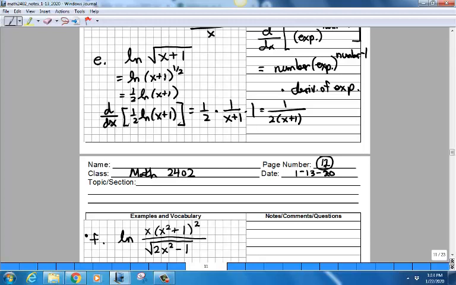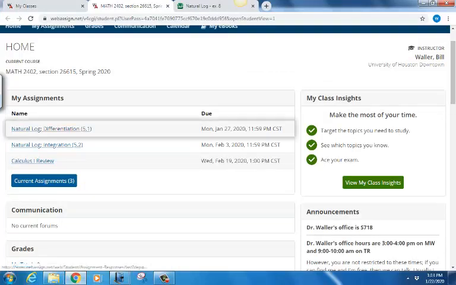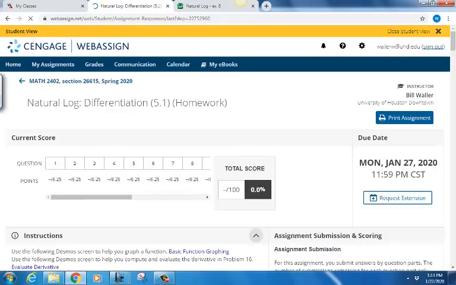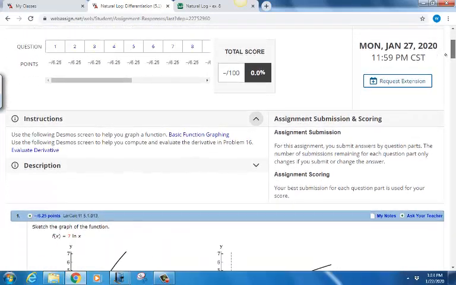So we're going to come back and look at this example. Before I do that, though, let's look indeed at the homework, because I want to show you a couple of things that are useful in the homework. So let me open that. All right. So there's the homework, and